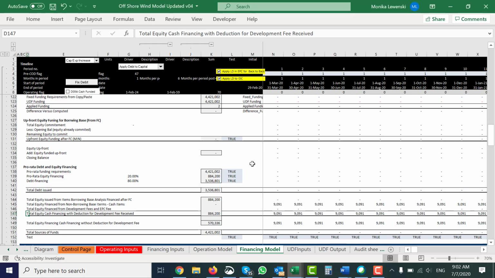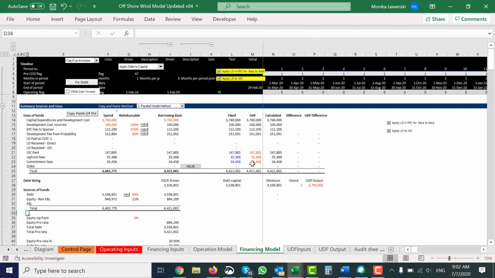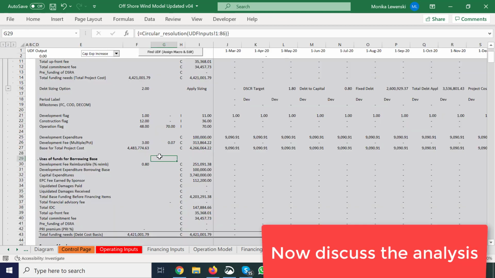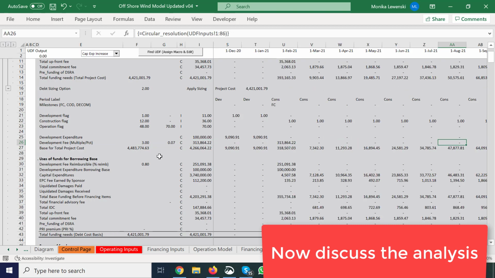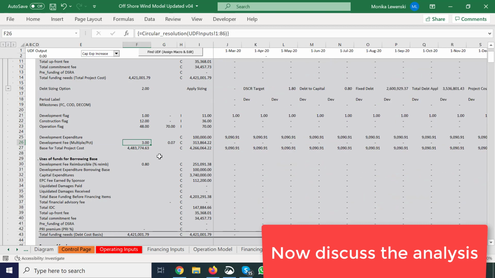Okay, so this is hopefully the end of this development fee mechanics video. There's the accompanying video on development fee theory. Here I switched the UDF output a little bit, and I show how much our development expenditure is, and you notice I put this development fee, and I say, well, it could be a multiple or it could be a percent, and then we put our development fee in here, and we can make absolutely sure it exactly matches the development